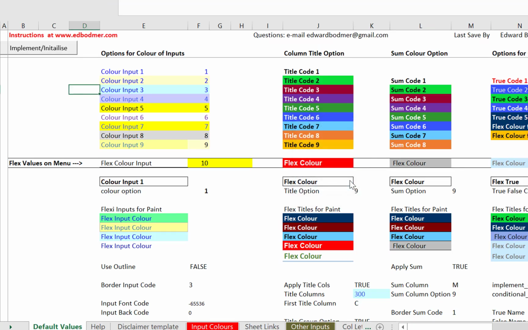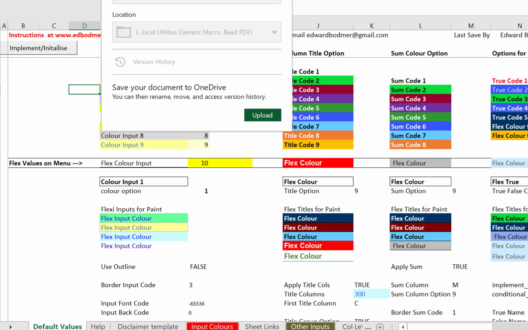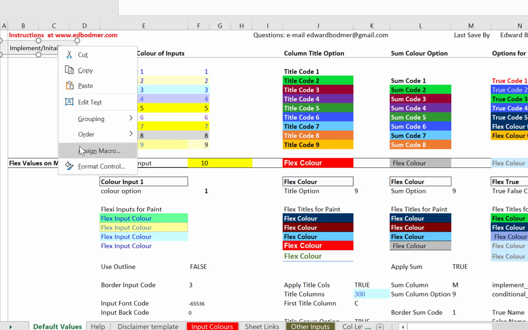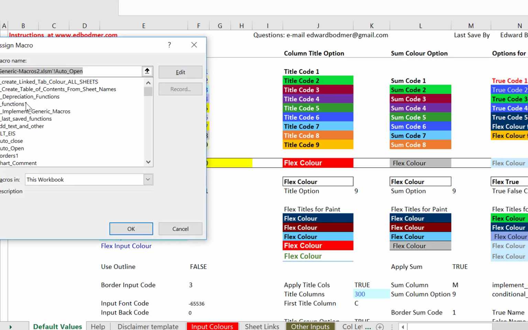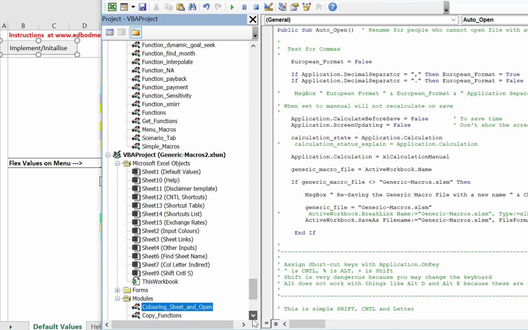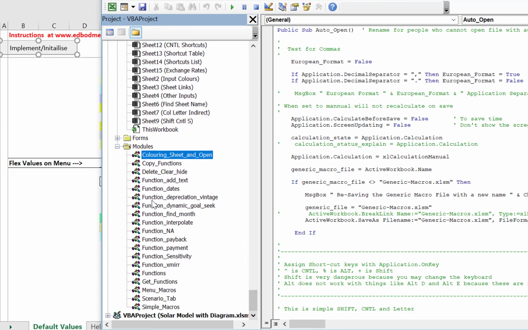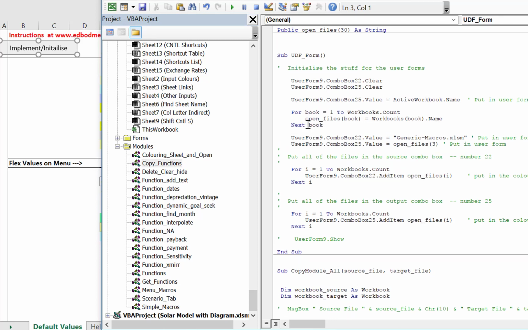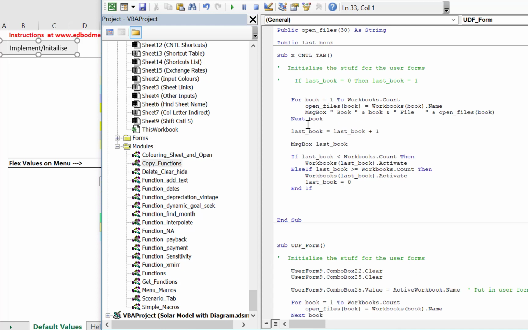There's a file I really want to talk to you about. And this one is generic macros 2, and I want to put it into this one. And let's edit just something, and hopefully this shows you how you can do this. Hopefully I've got the things in different functions. You notice that it's not in this generic macros 2, which is kind of my new generic macros file, and